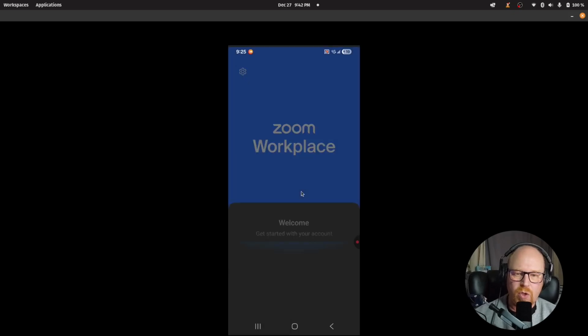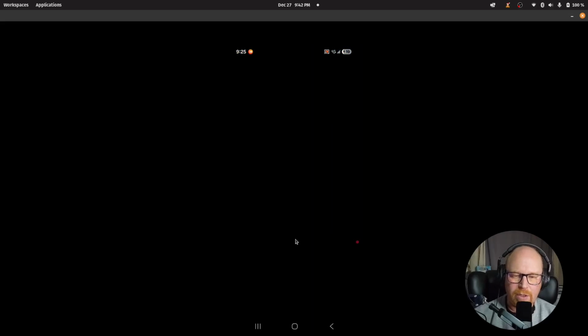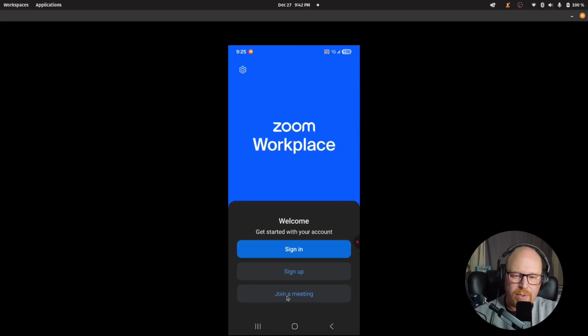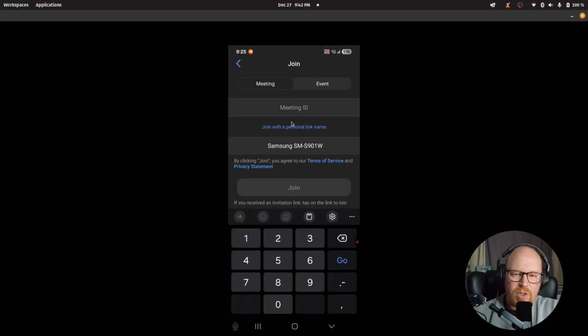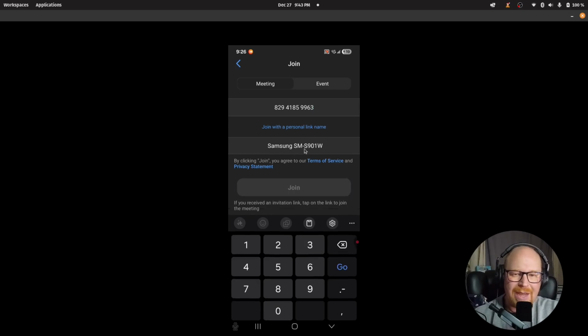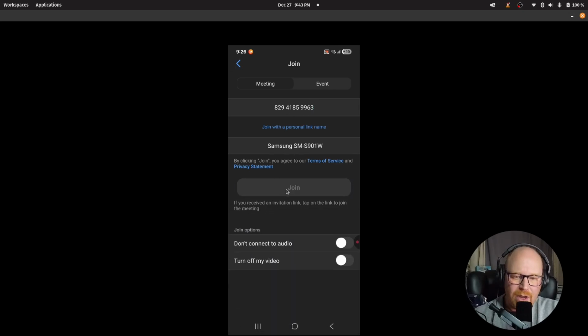There's two ways you can do this. As you'll see here in a moment, you'll be able to sign in or click on join meeting. The simplest way is just to click on join meeting. But this is where you'll need to go back to the email that you were sent and put in that meeting ID number. Then you'll click join, and there'll be the passcode that it asks you to add as well in order to get into the meeting. As is happening here now, typing in the number for the meeting ID. Once that's in there, again, click join,